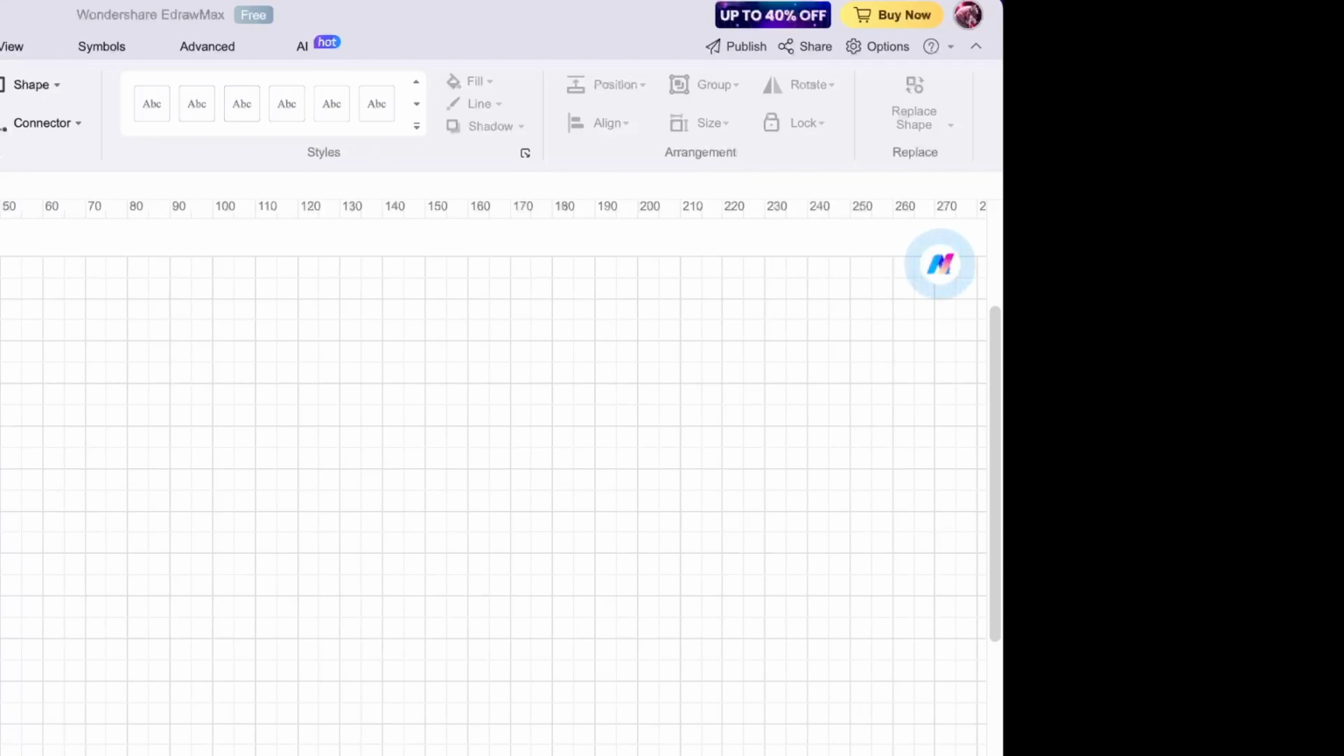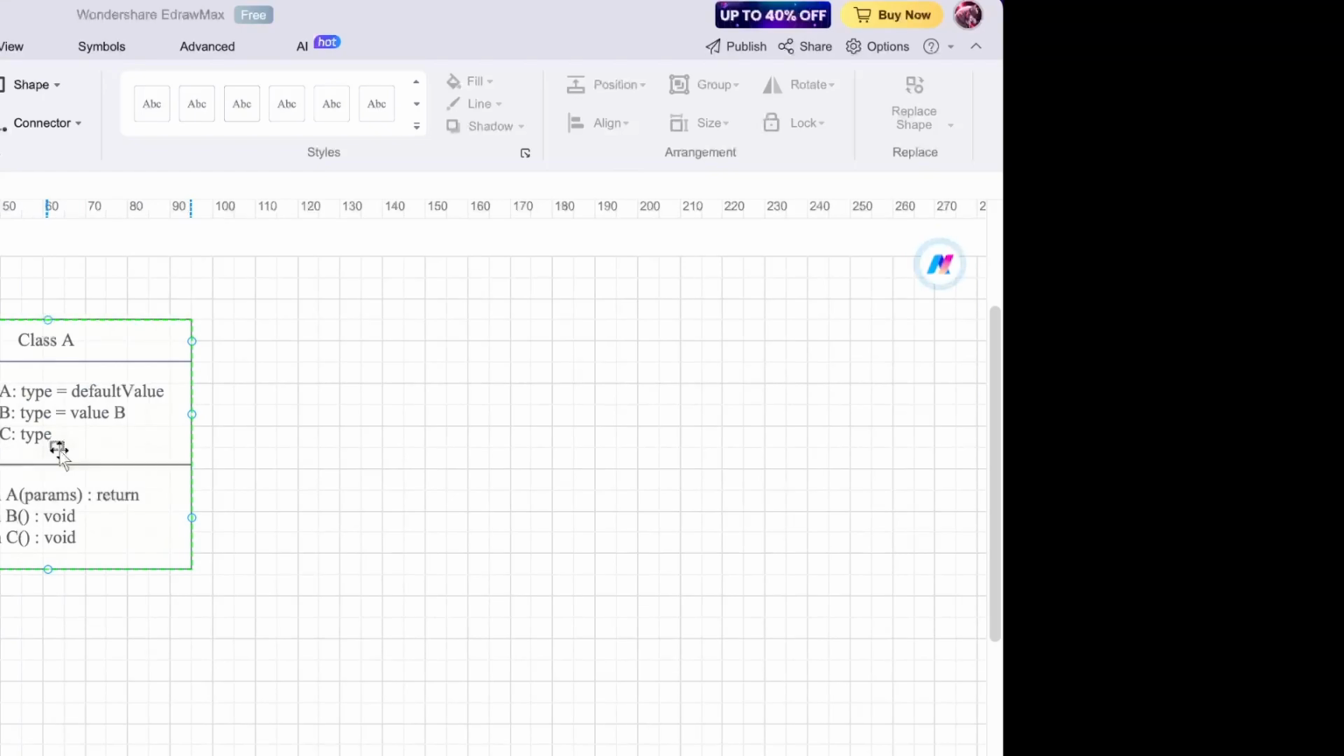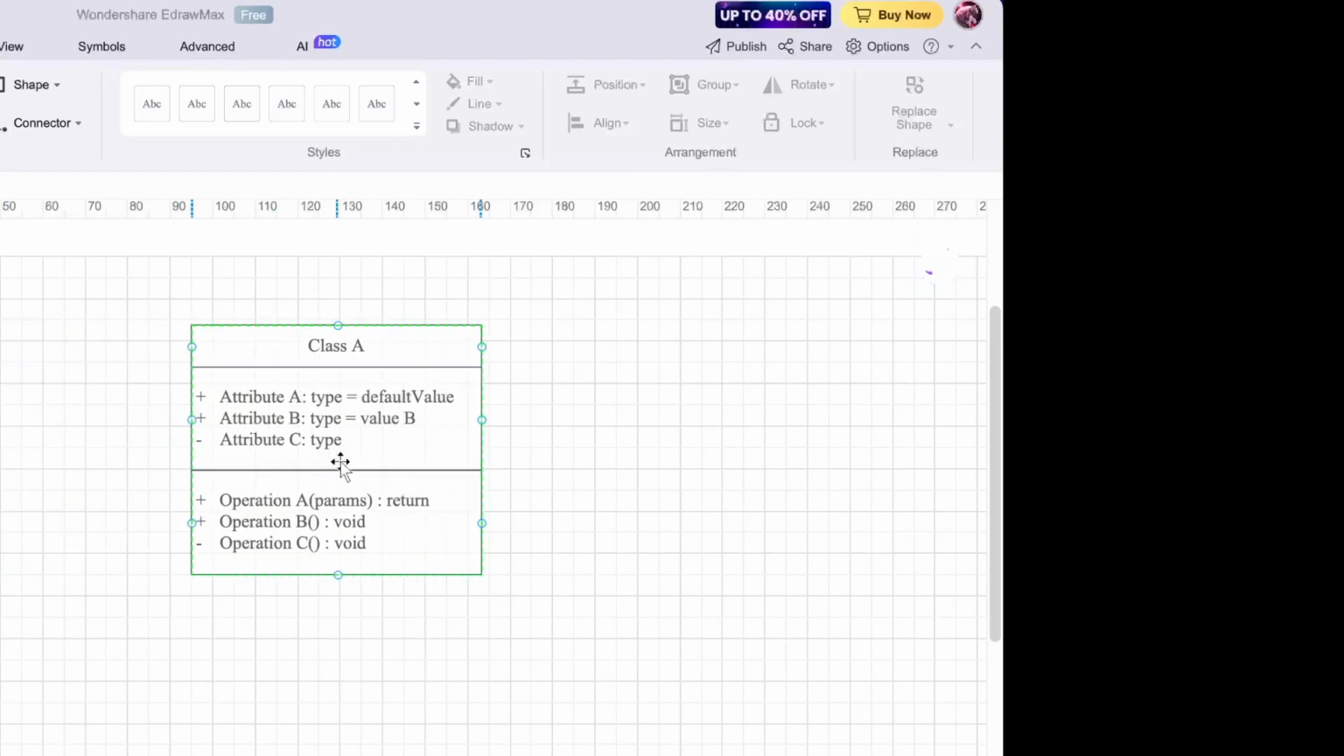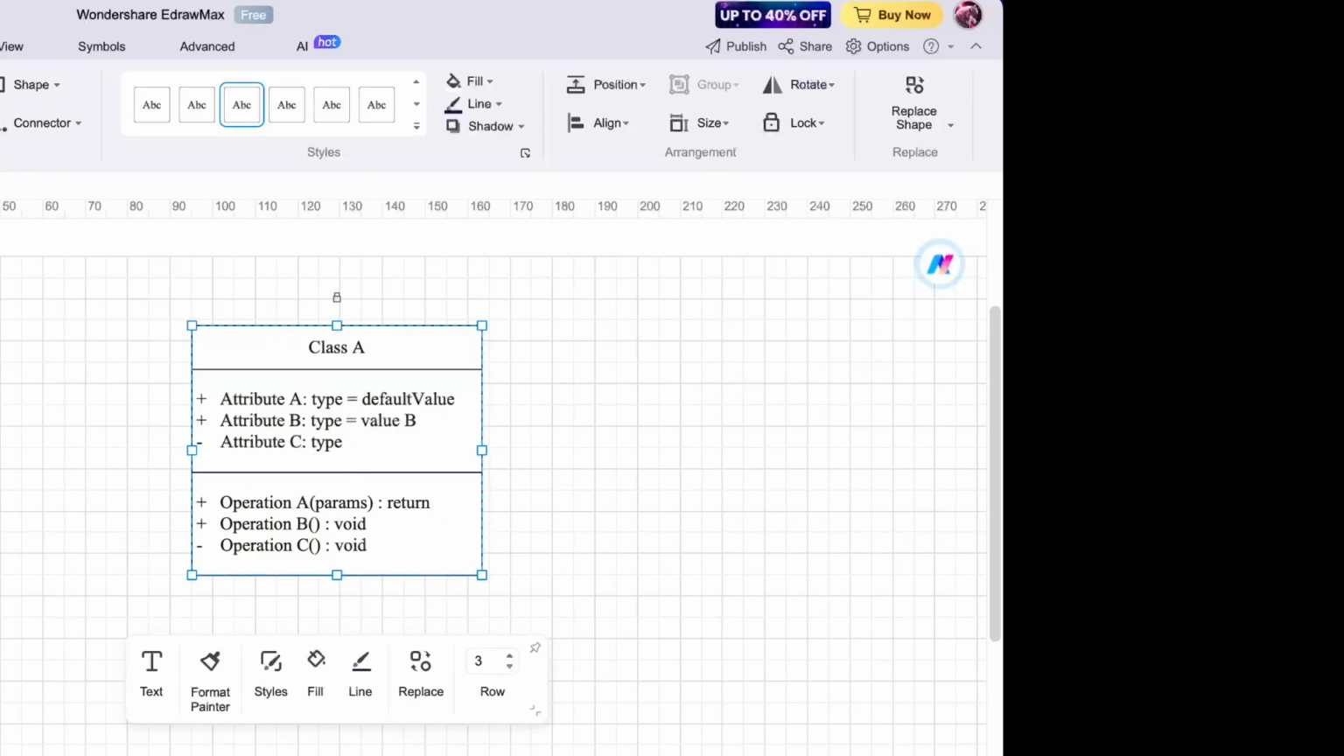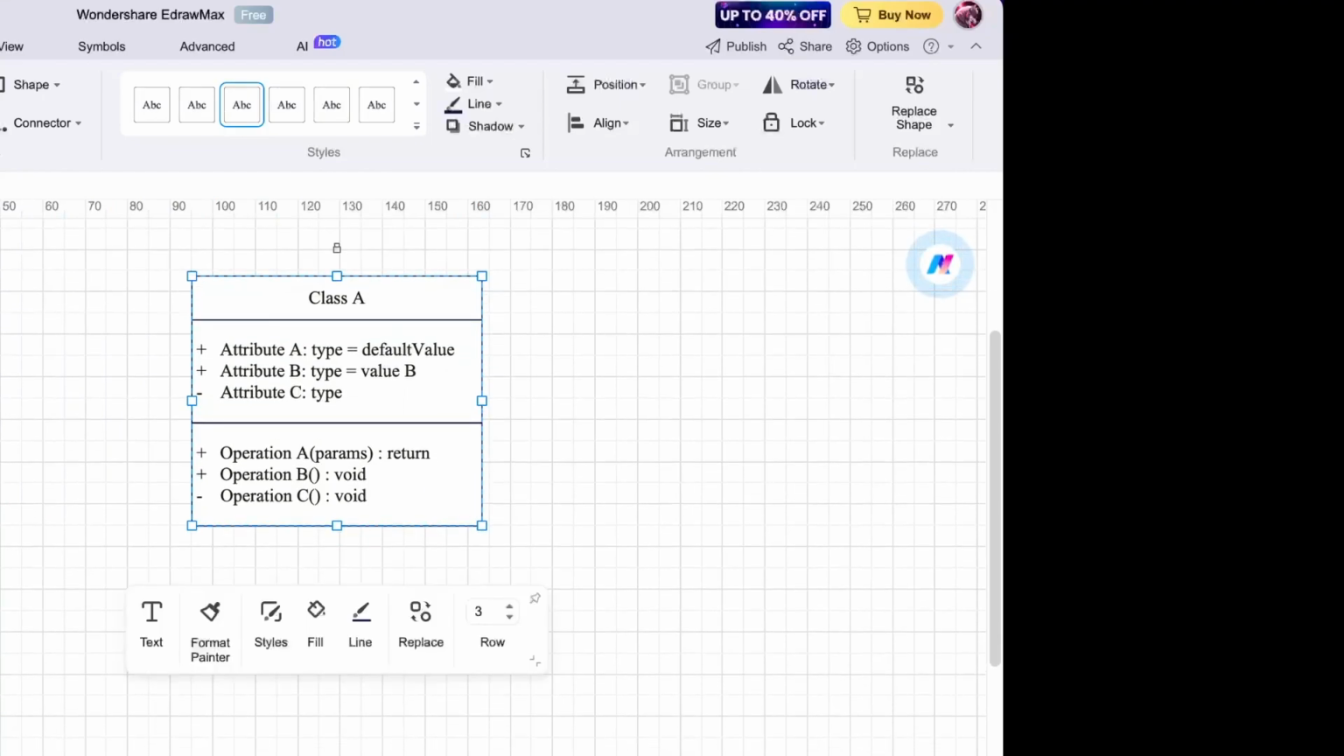First of all, I'm going to draw a class diagram for a library management system. First, I'm going to create the classes. The librarian,